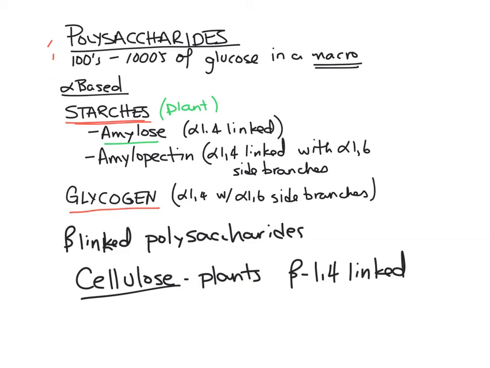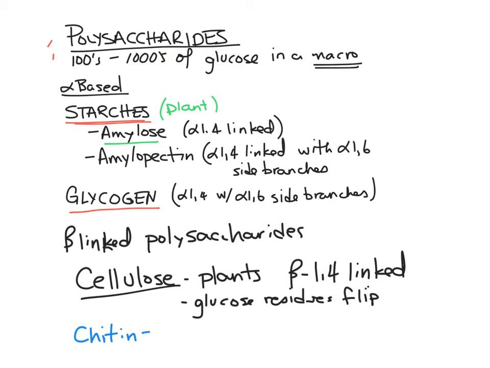Okay, and most of it is kind of strange because they flip the glucose residues, flip orientation, every other one. And then the other one, we'll just throw in, is found in some animals and in